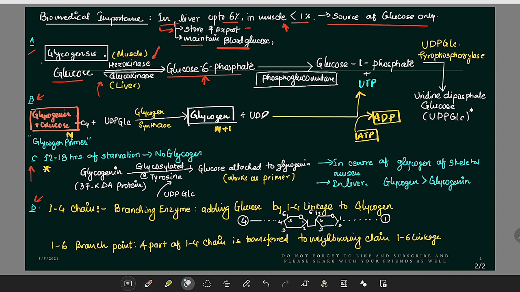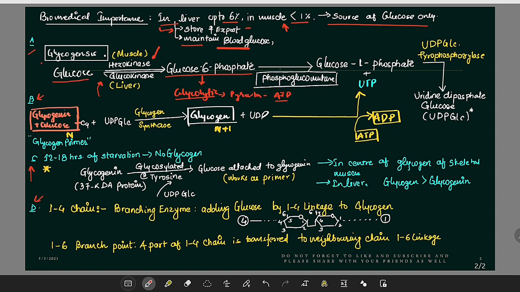I'm mentioning these things in case some students are studying this for the first time and have not gone through glycolysis. Glucose 6 phosphate is a very common name in the process of glycolysis as well, and that is why it has 2 fates. Once glucose has been converted into glucose 6 phosphate, some of it will enter the glycolytic pathway, in which it is broken down into pyruvate and ATP will be synthesized.